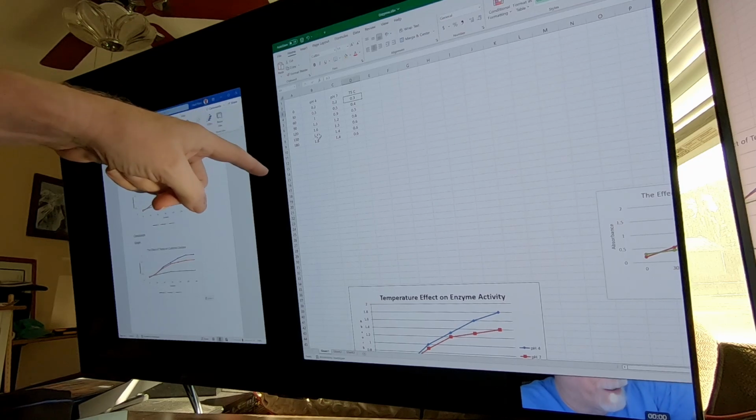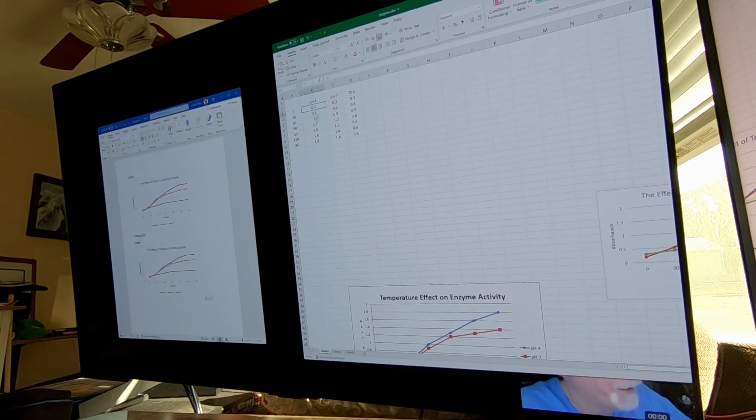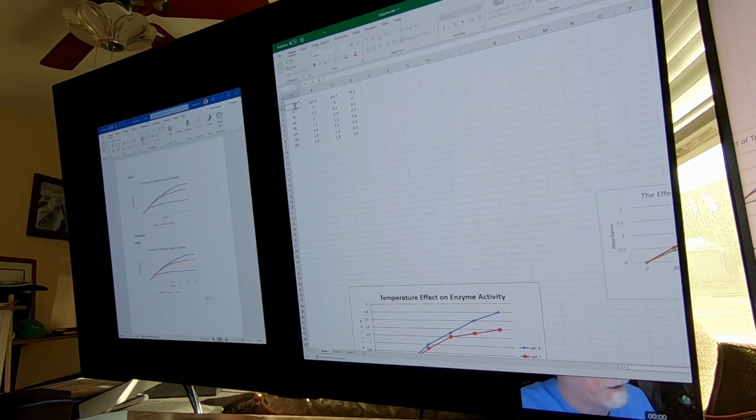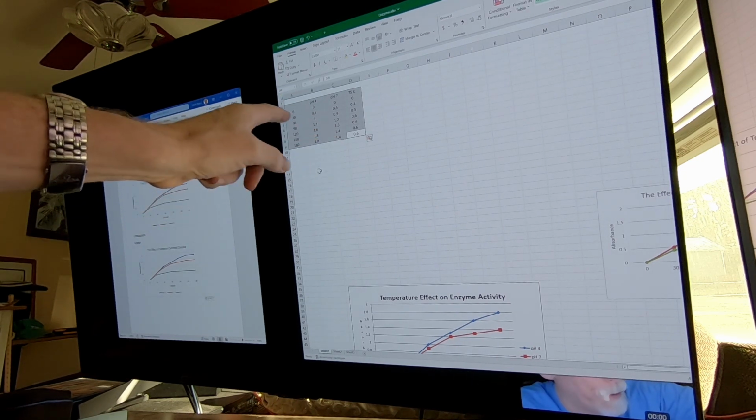And then put in your data here for the 0 time point. Actually, all the 0 time points we had were 0. We started out at 0. That'll make the graph look better too. But put in the data you have now for this pH 4, the pH 7. You want to leave this little corner up here blank, then select all of it, all the data, just all the squares,